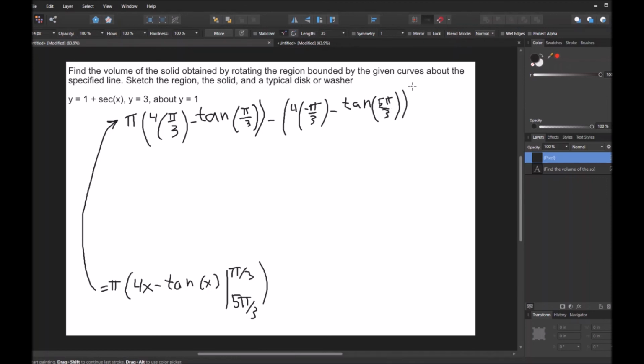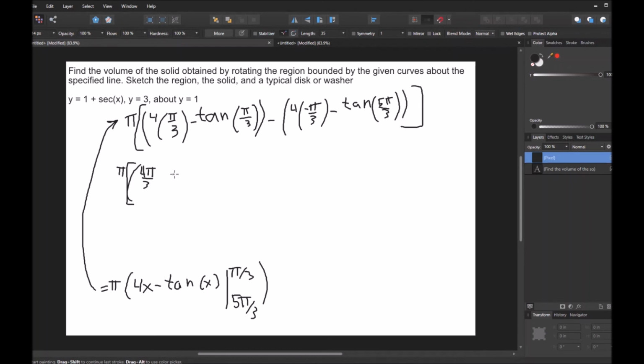So like that, and then I'm going to enclose these in square brackets just to emphasize that this pi is going to be multiplied to whatever answer is left. So I'm going to have pi times 4 pi over 3,